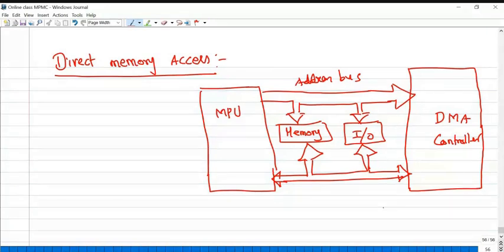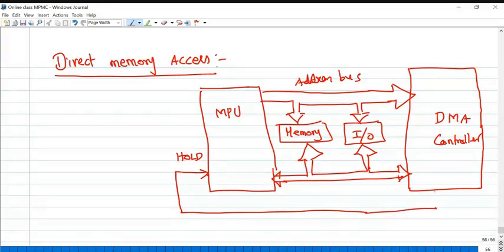Direct memory access is the process of communication or data transfer controlled by an external peripheral, particularly the DMA controller. This DMA controller controls the communication between IO devices and memory or memory and some other devices. So HOLD is the signal sent by the DMA controller